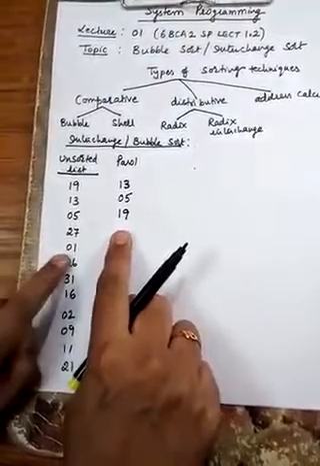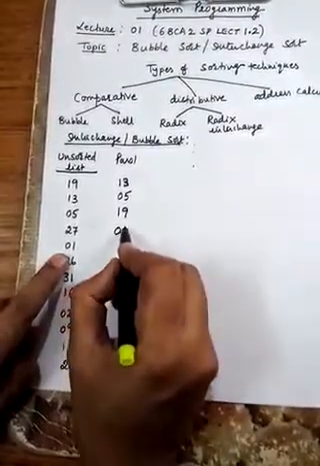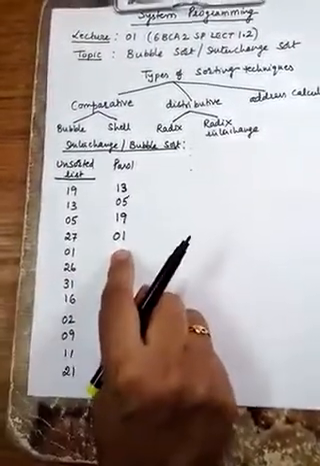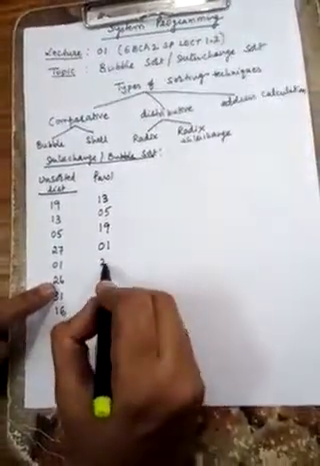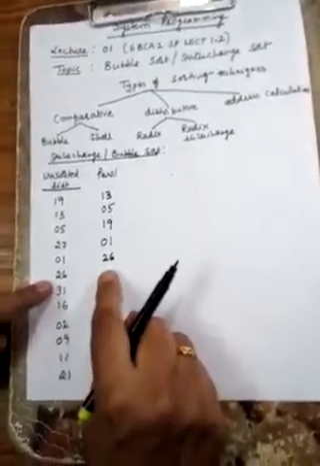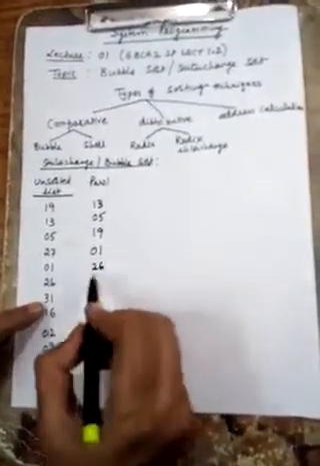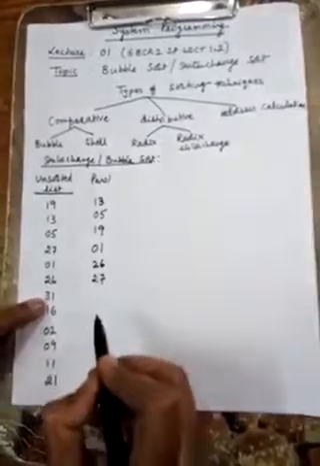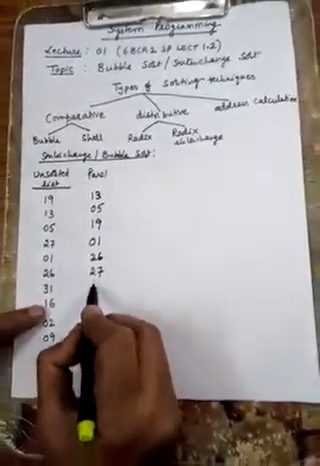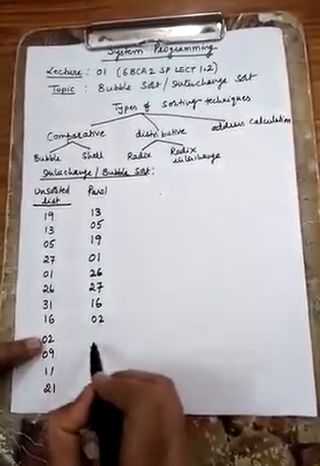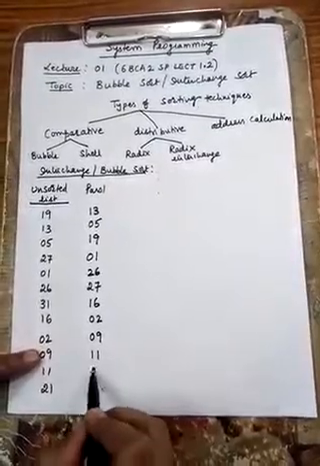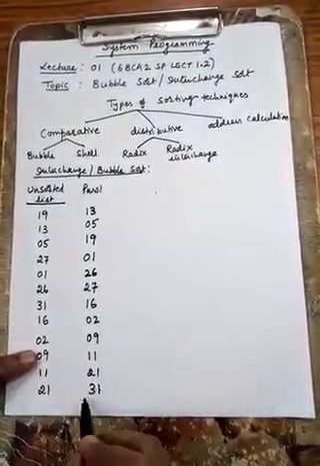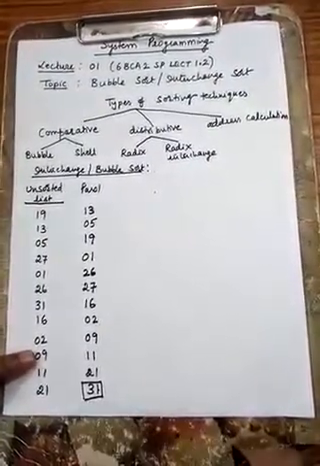27 is greater than 1, so 1 will go up. Now 27, don't write that, you just think that 27 is there. That will be compared with 26. 26 is less, so 26 goes up. Now 27 is less than 31, so the position is fixed in this part. Now 31 is greater than 16, so it will go down. Then 2 will come, then 9, 11, 21 and last 31. So this is the highest element which has come to the last.